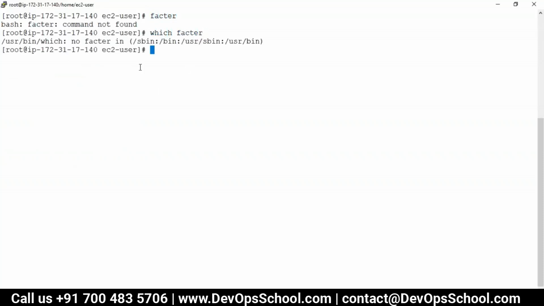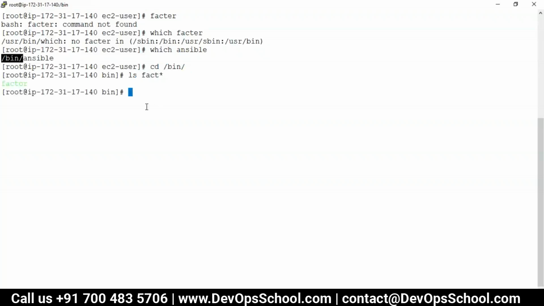So now the question is where it could be. If I see which Ansible, now it should be somewhere located. ls fact star. See here, this is the tool Factor. I am wondering why this. Okay, spelling mistake, that's the reason. See here, Factor should be there. So if I do factor,